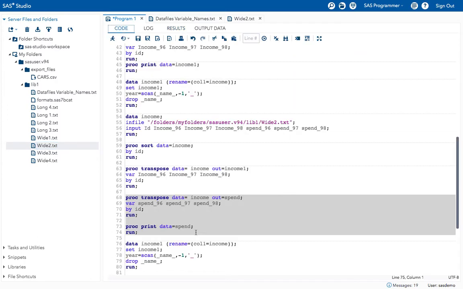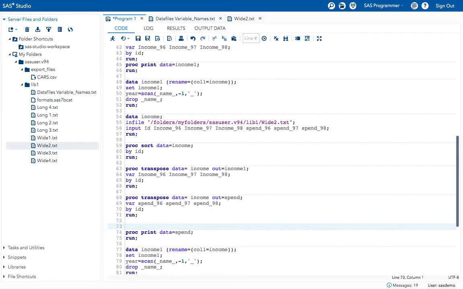Okay, so now what I will do is, like in the earlier normalization procedure, we will merge both the data sets. Okay, how can we merge the data sets? We have seen that in the earlier class, right? Data income underscore spend.